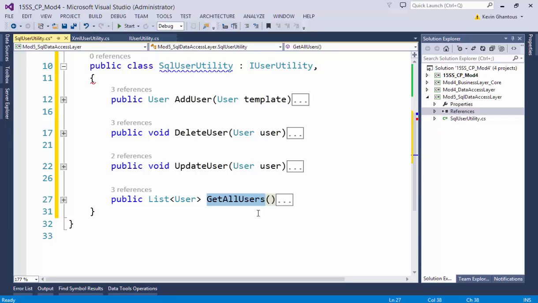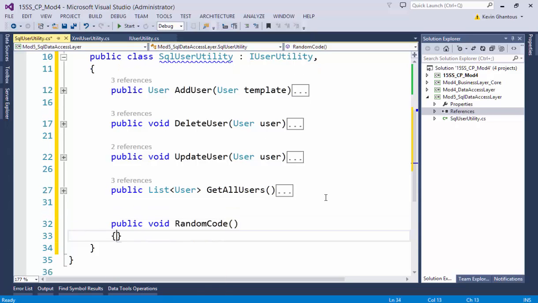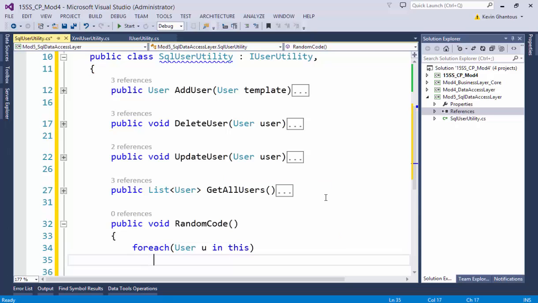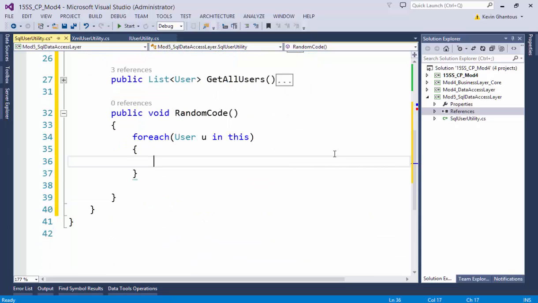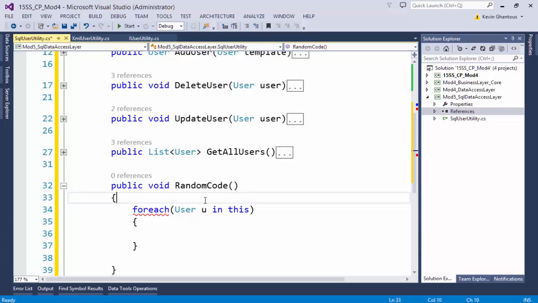I want to be able to just simply write in foreach user u in this. And I want that to work. This being the SQL user utility. Do you understand what that little line says? Okay. So in order to get that to work,